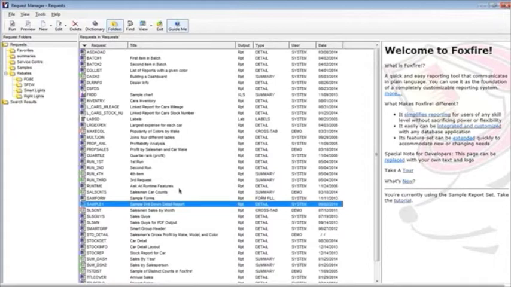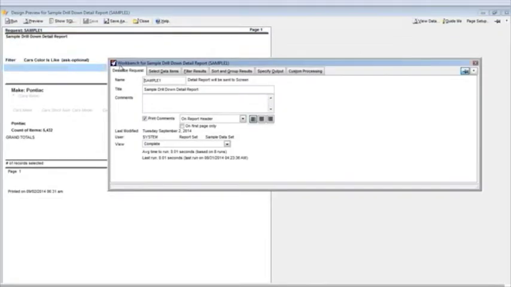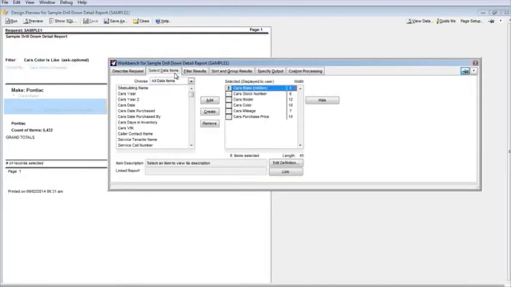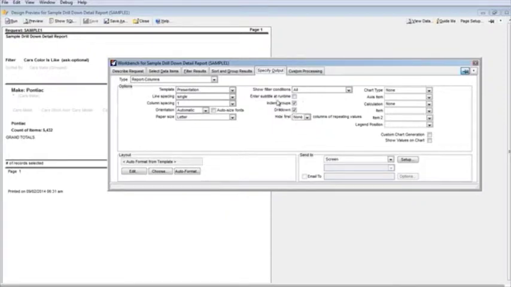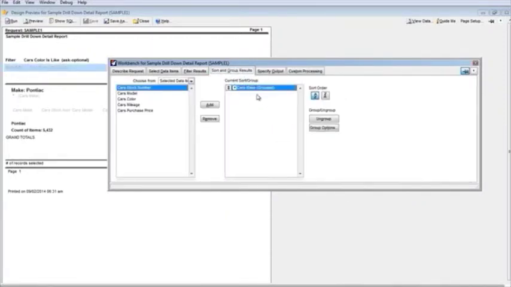One of the features that we introduced in version 8 was the ability to do drill down reports. A sample drill down report would allow the user to build a single report containing certain items. On the Specify Output tab, they would identify it as a drill down report, and then they would also be able to set up grouping. When they ran the report,